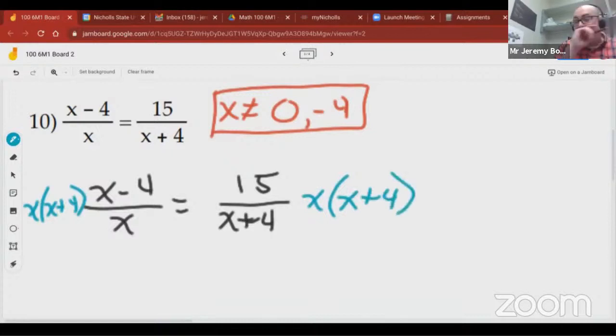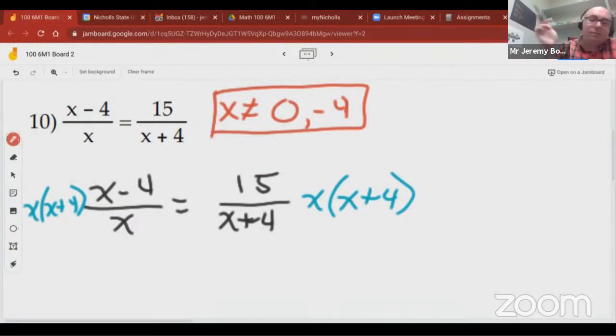What's kind of nice about it is you only have one term on each side. There is another method of working these out. What do they call it? Cross multiply. So if you know that way, that's fine too. The only thing is cross multiplication only works when you have a single term on each side like we do here, but it doesn't always work for every